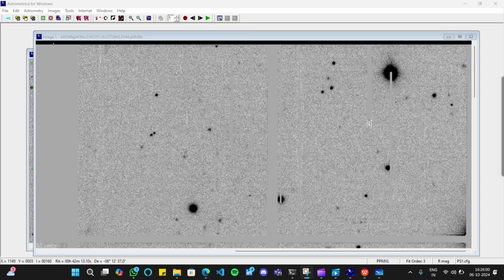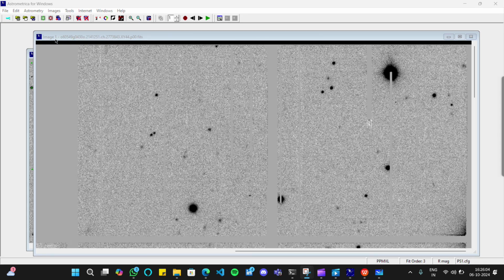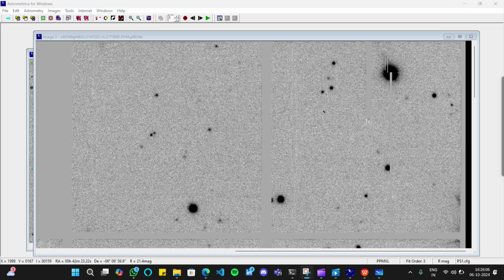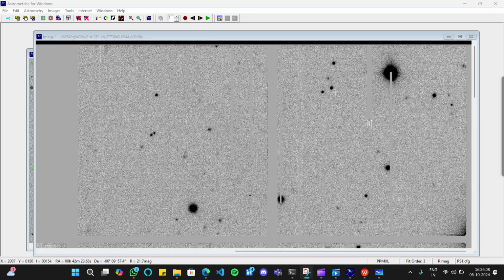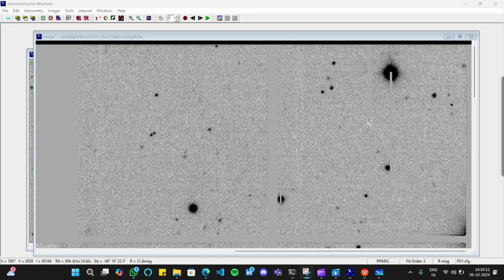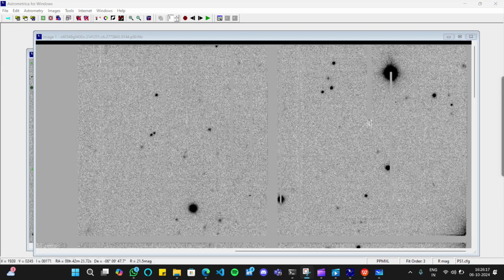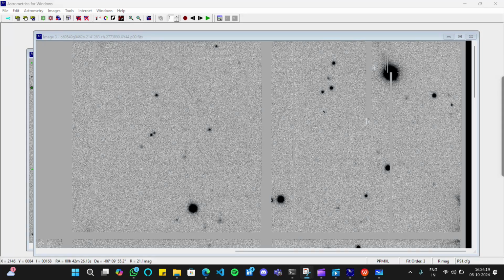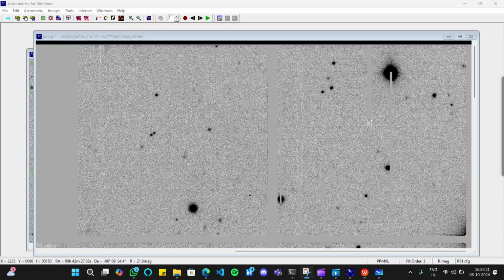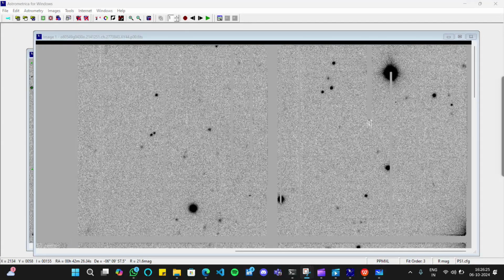Here you can see the images keep on looping, 3, 4, likewise. I've shown the images. Here you can see it is also an asteroid. I'm not saying it is an asteroid. These are shapes you have to keep in your mind. These are not generally an asteroid. I've shown you some of the images. So this is not an asteroid.